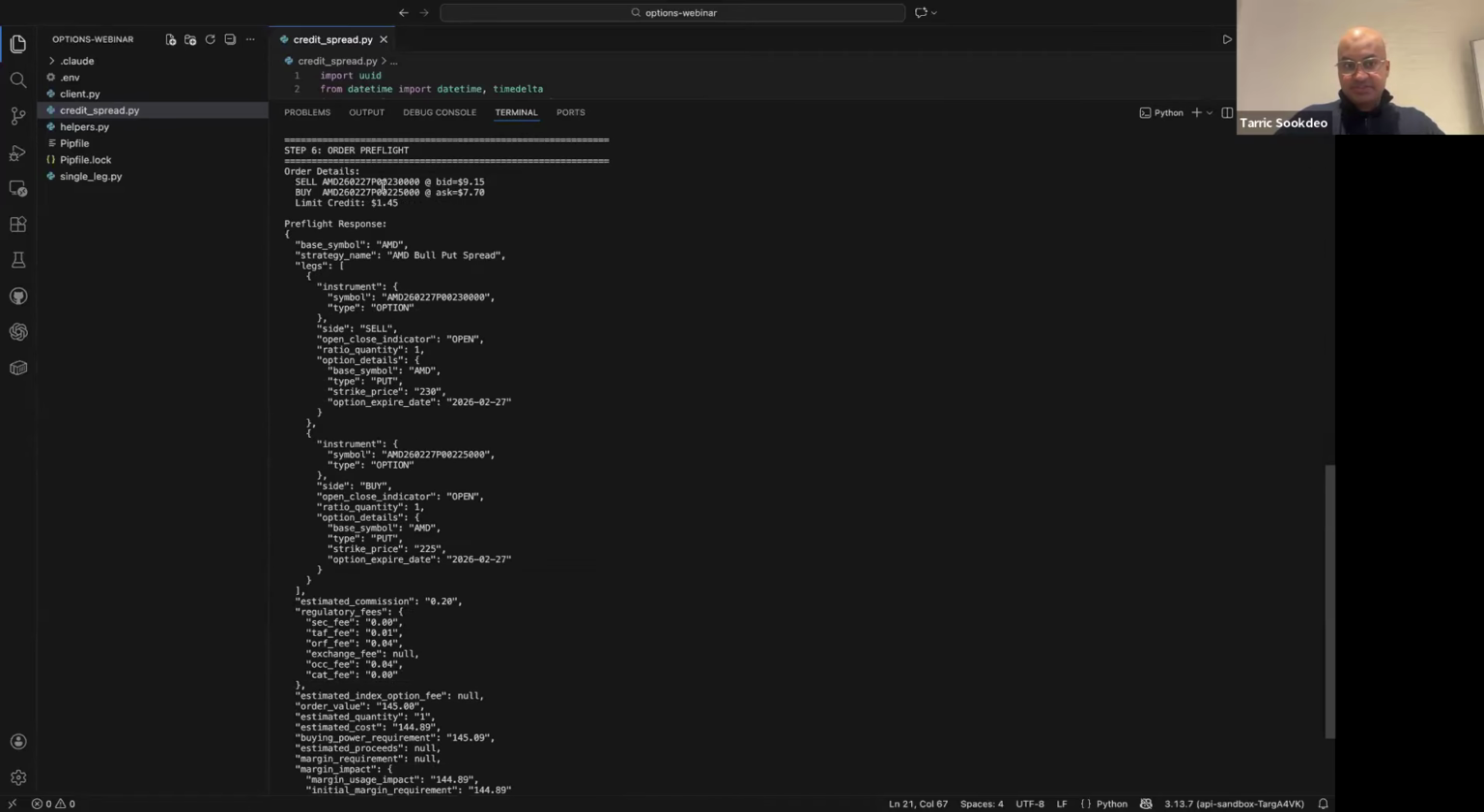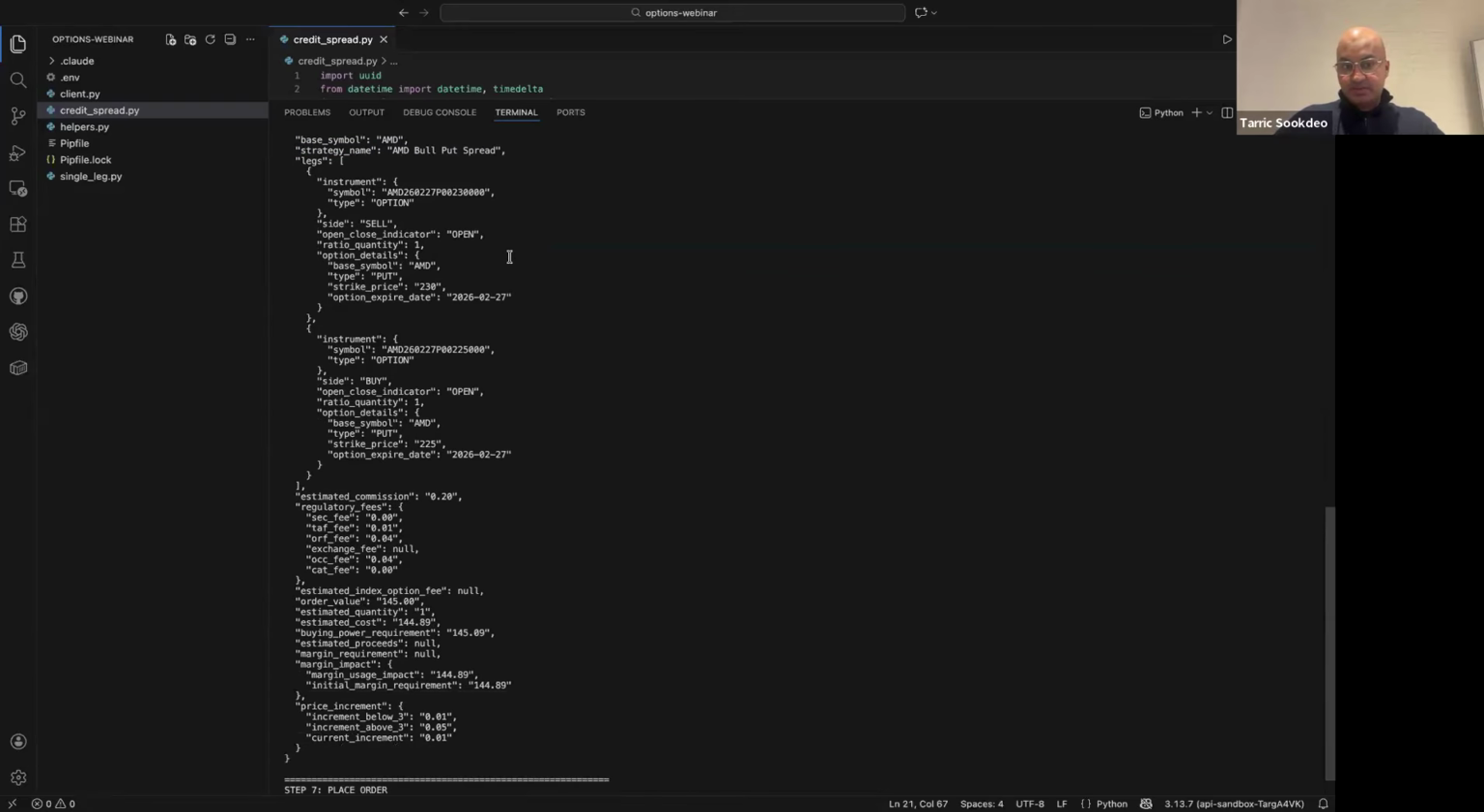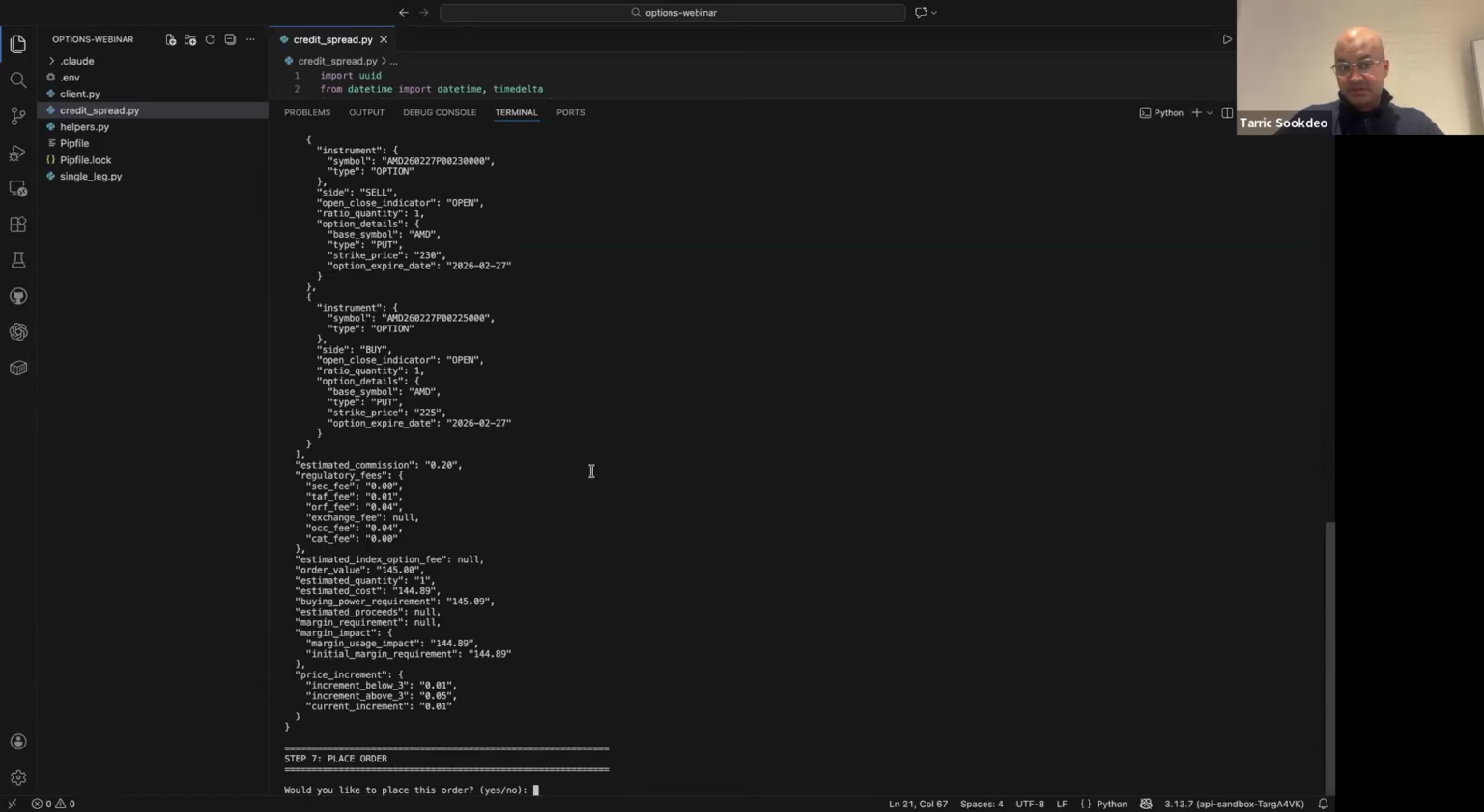This is the pre-flight response for a multi-leg strategy. Something to notice here is whenever you're placing a multi-leg strategy using our multi-leg endpoint or the multi-leg function inside of the SDK, it rolls up the strategy to understand the context of what you're trying to do. In this case, this is an AMD bull put spread, which is exactly what the strategy was, and it will reflect that same way on your account,